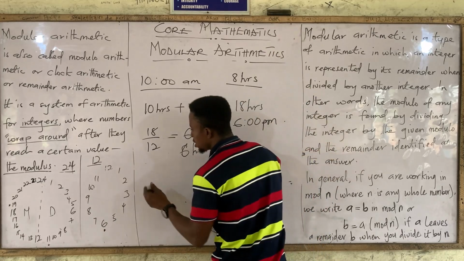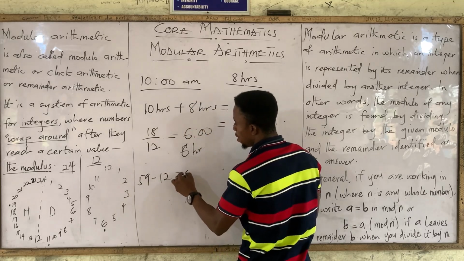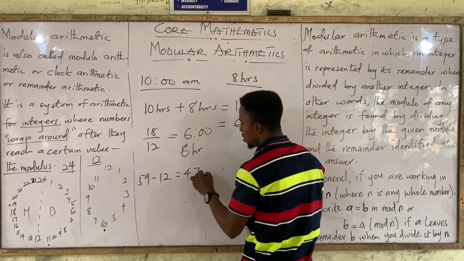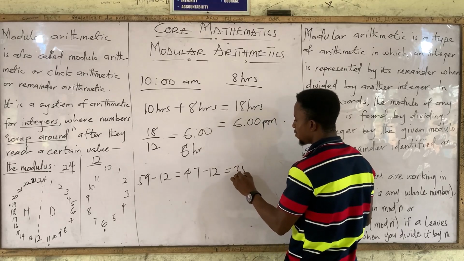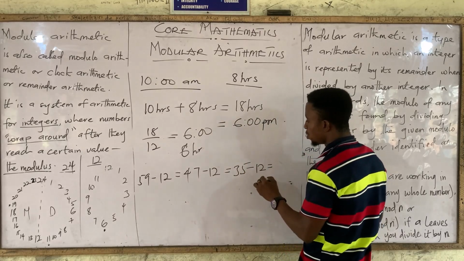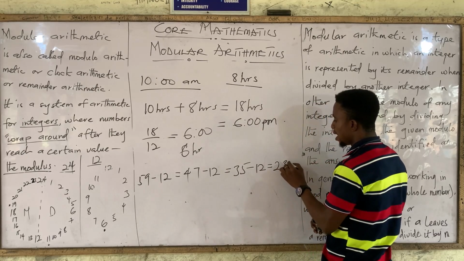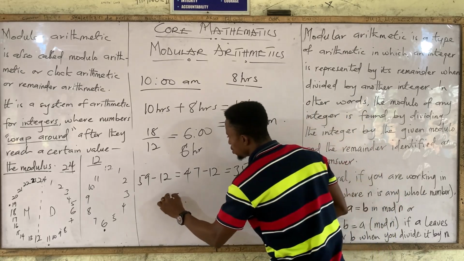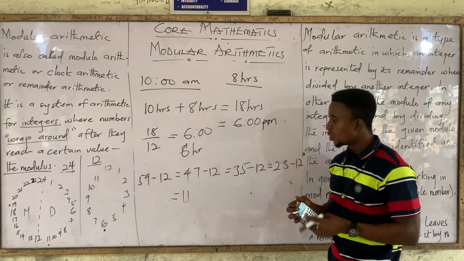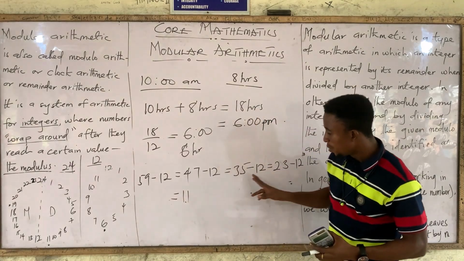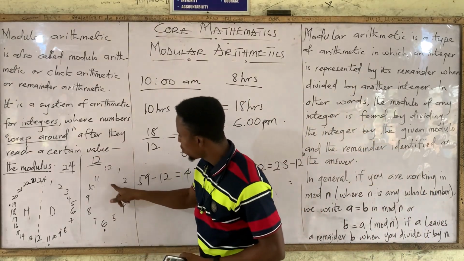So I can have the 59 minus 12, which is equal to 47 minus 12, which is equal to 35 minus 12, which is equal to, let's say, 24 minus 12, which is equal to 11. Are we getting that? So we have 1, 2, 3, 4, 12. Are we getting that? So we are going to go. Then we will have